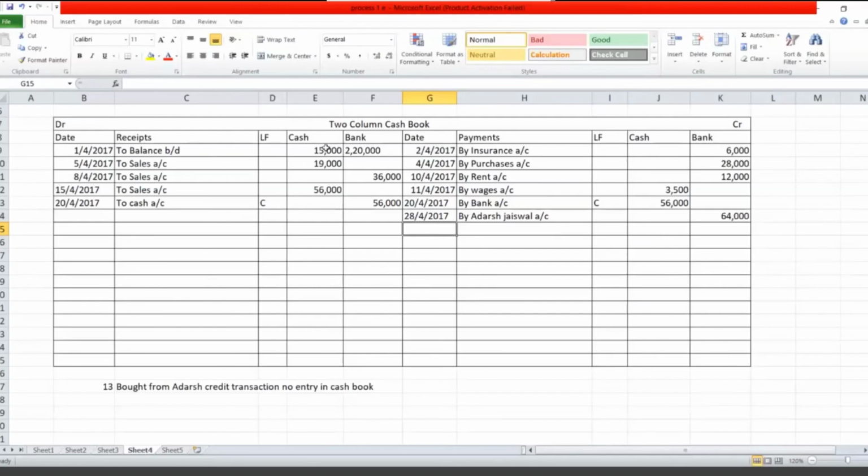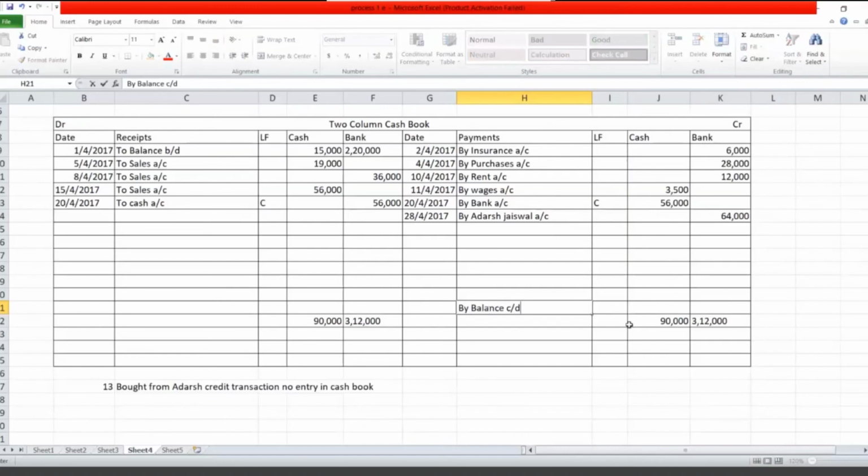Now do the total. What is the total of debit? 90,000. And then this one, 3,12,000. So 90,000 and 3,12,000. Got it? Now first we will do the balance carried on. First check which side you are having more, debit side or credit. Sometimes debit side may be less, credit side might be more. That time credit side total we will be writing.